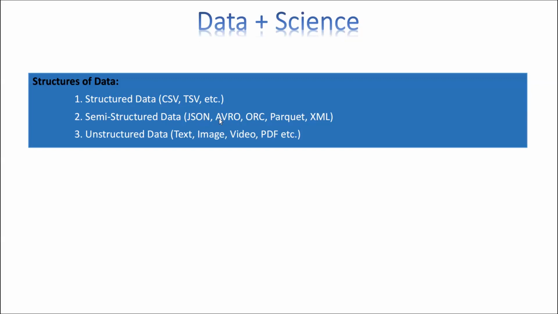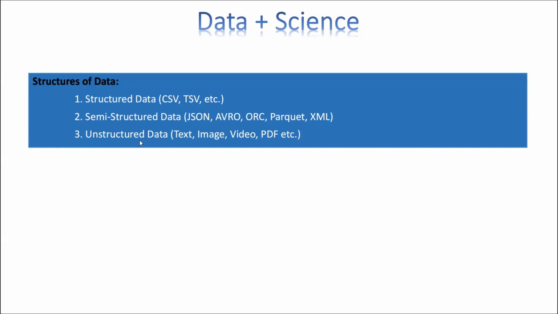So when it comes to AVRO, ORC, and Parquet files, these require very limited software, right? It's not like they can be opened in all the available software like JSON, CSV, and Excel files. These can be opened in Python libraries or other language libraries, or very limited software is available to understand these structures. These are very compressed files, and in the upcoming days we're going to use these files to process our data transformation, for every kind of work.